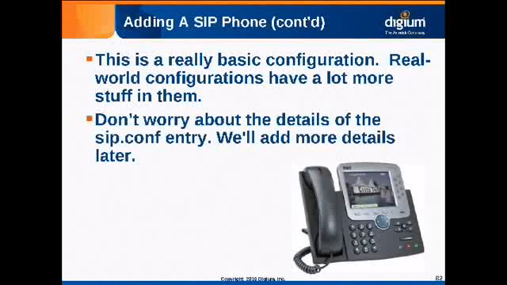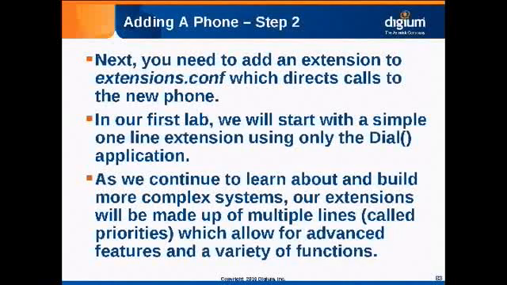Okay, so that's step one. Step two here is to go in and create an extension in our system that rings that particular device. You remember earlier I said extensions and devices aren't the same thing. So now we need an extension in our dial plan to ring that particular device. Okay. So how do we do that? Well, we go into extensions.conf